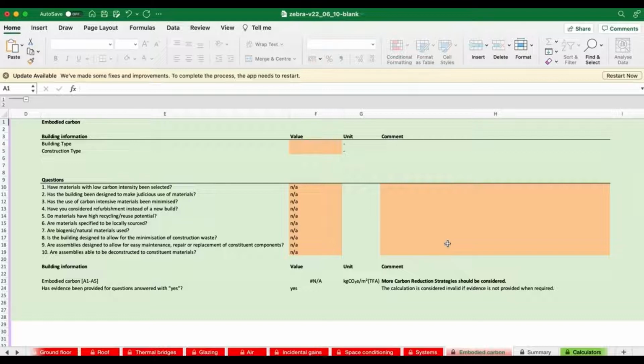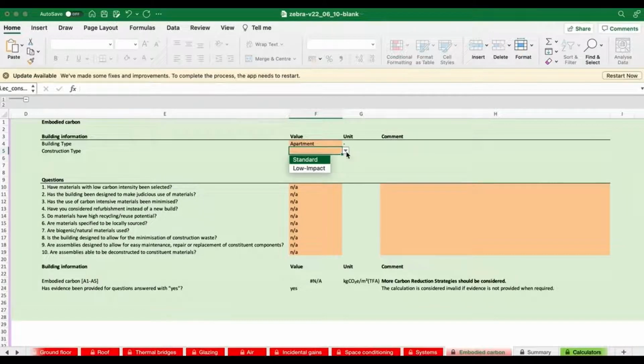But we don't know that at the moment, so we're just going to use benchmark figures. And the main use of this is for us to get an idea of, if we want to create a zero carbon building, is the main problem likely to be the operational energy use, so cooling, lighting, etc., or are the majority of the emissions going to be coming from the concrete, etc.? And we need to focus on the embodied component rather than the operational component. So all we have is an apartment. Click. That's very easy. Okay.